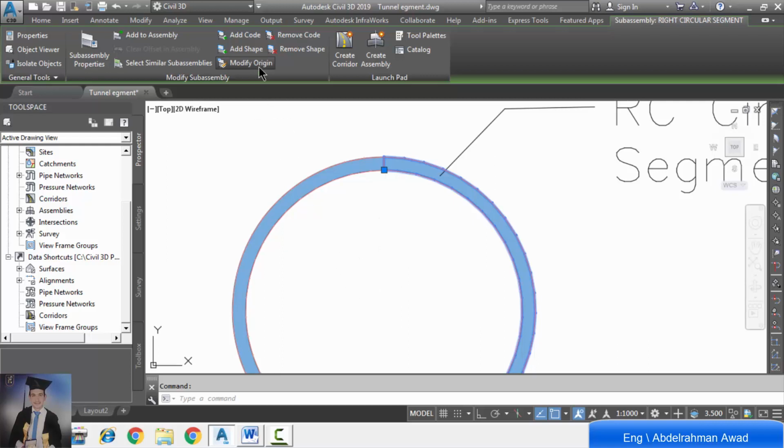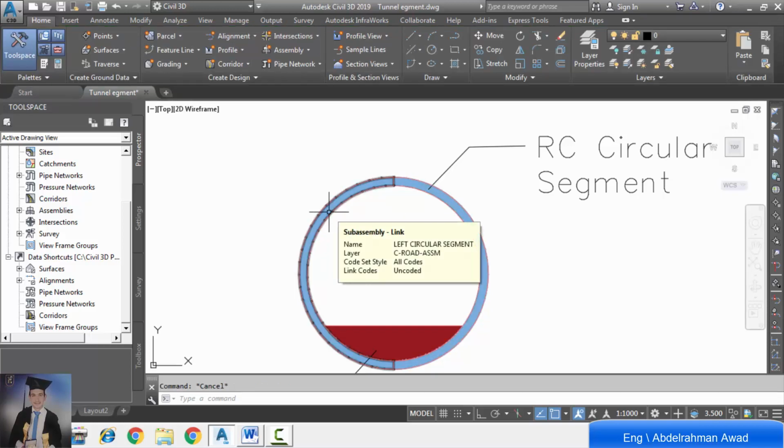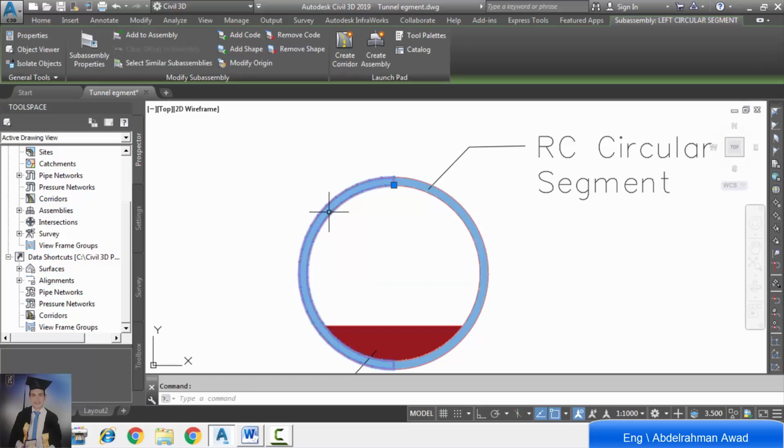We will click modify origin and click the circle center. So the origin of the right half is modified to the circular center. Now we will do the same to the left half. Click on the left half segment and click modify origin, and we will click on the center line.